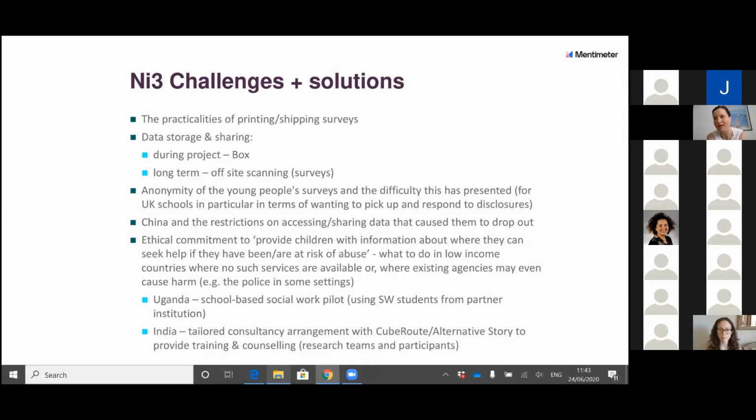However, particularly in the UK, because we have very rigorous, and quite rightly so, safeguarding procedures in place, if a child discloses any type of abuse, schools have to act on that quickly and do something about it. So particularly in the UK, that caused a problem for us in being able to collect the data in the first place, because schools were just saying,